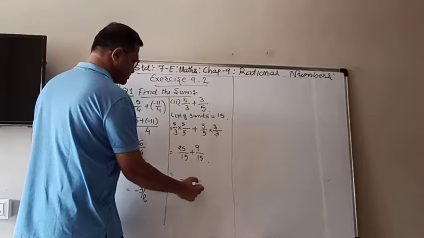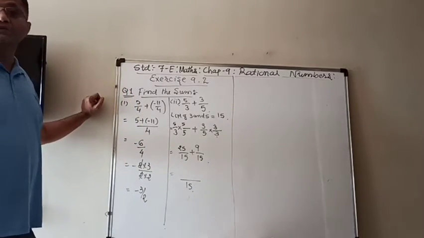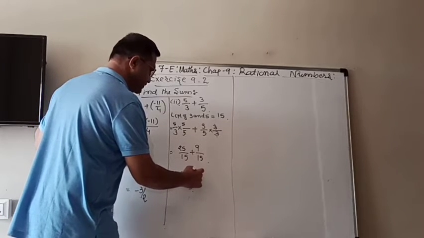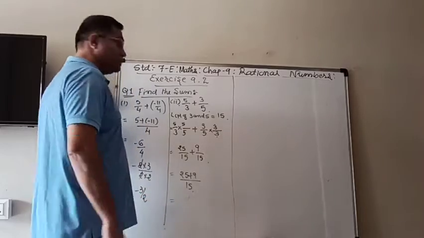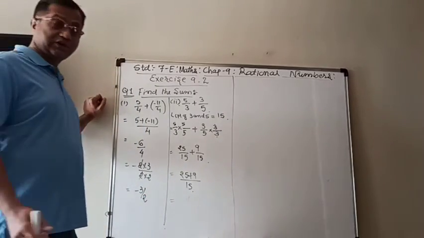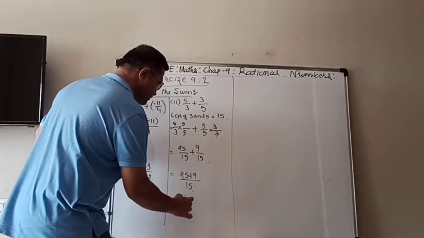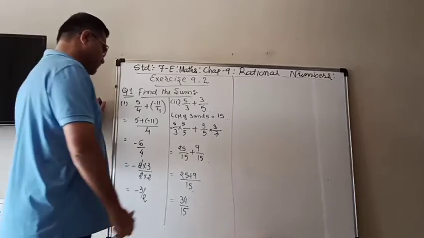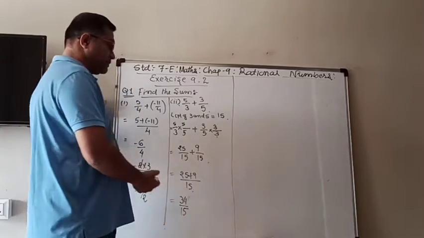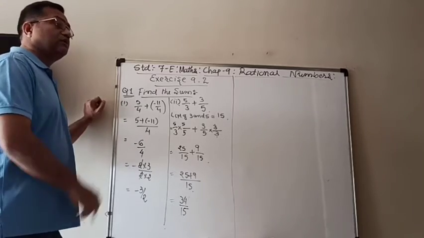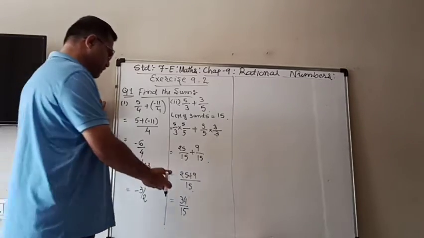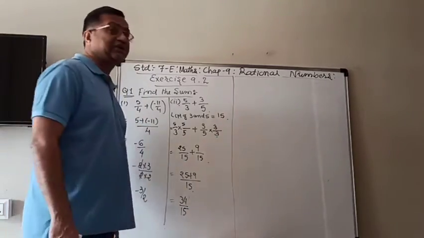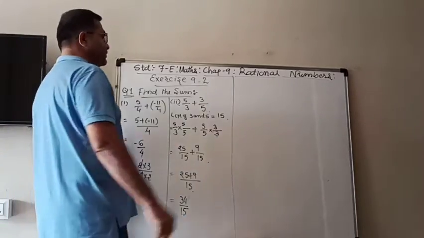So here it is the same as the first one, they have an equal denominator now. Keeping the same denominator, we add the numerators. So 25 plus 9. What is 25 plus 9? 34. So the answer is 34 upon 15. That can be the final answer, or sometimes it is given as a mixed fraction also, but you can leave it like that also. Just remember, if there is any cancellation, you have to write the simplest form.